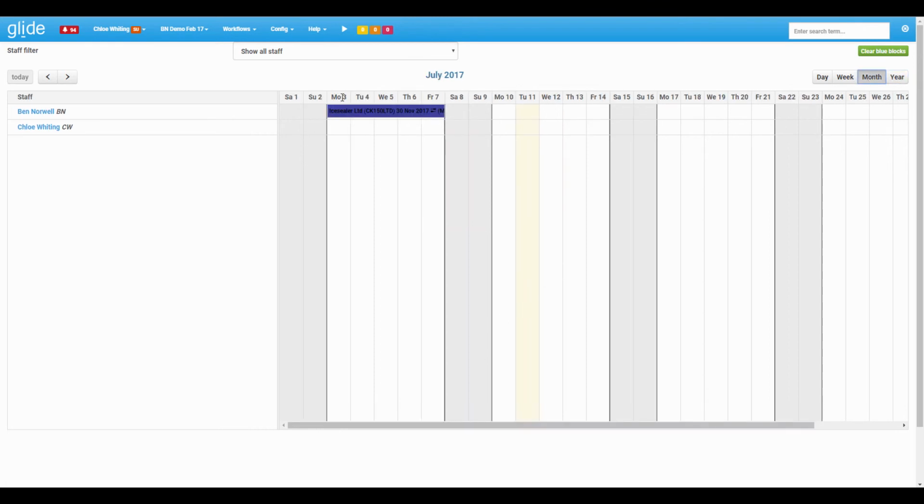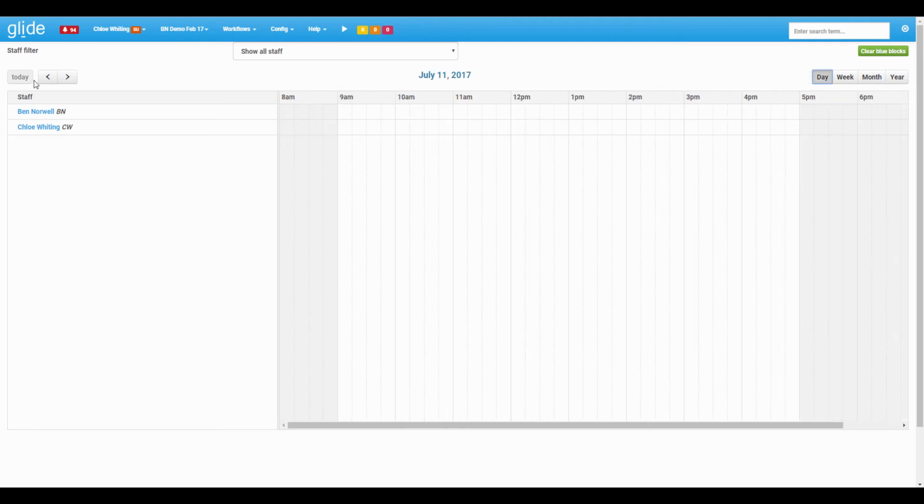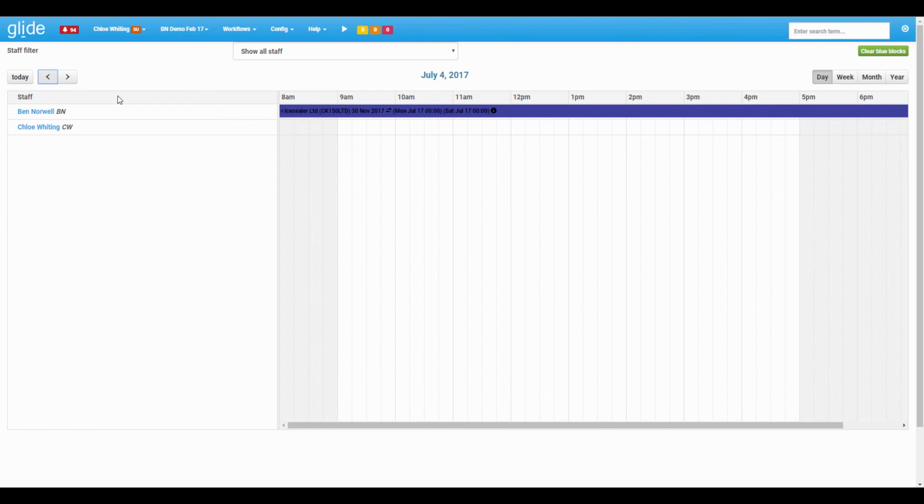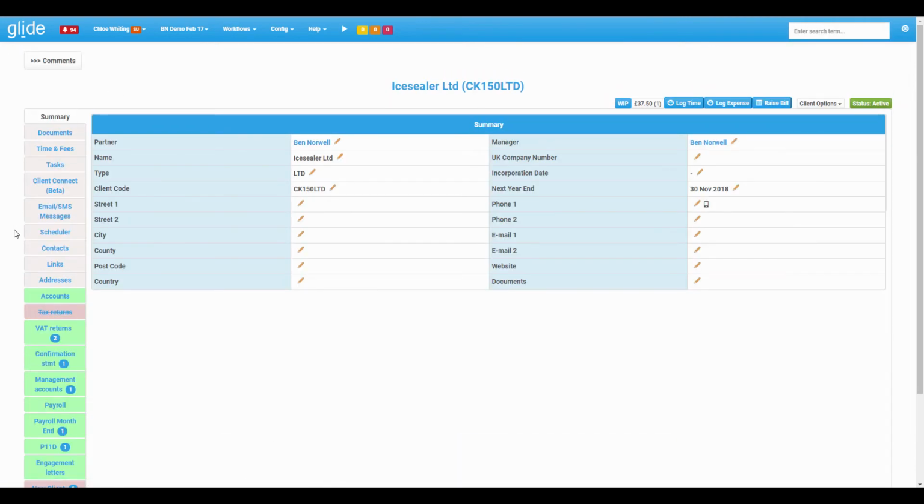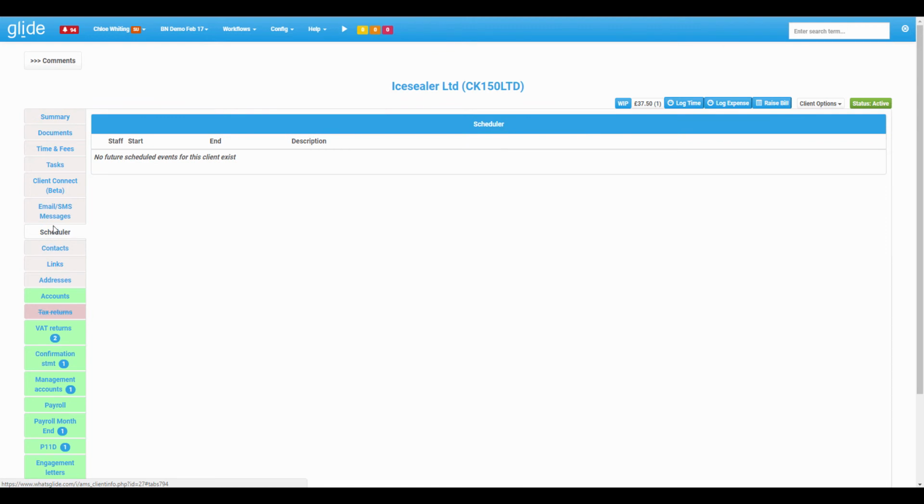So if we were to find the 3rd of July on our daily one, if we just come across here and scroll back, there we can see the booking that we've made for Ice Sealer. So that is the scheduler there. If we just go to Ice Sealer and have a look at where this is shown on there, got a client card, for example, we've got scheduler down the left here. Okay. It would help if I did something in the